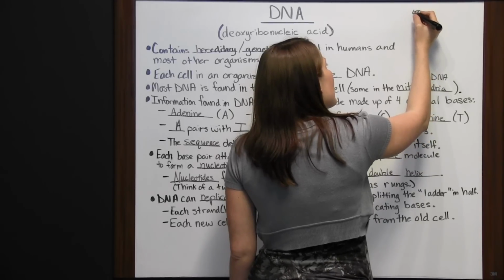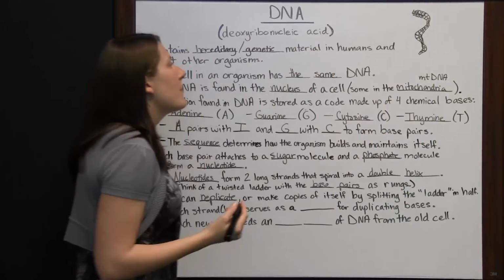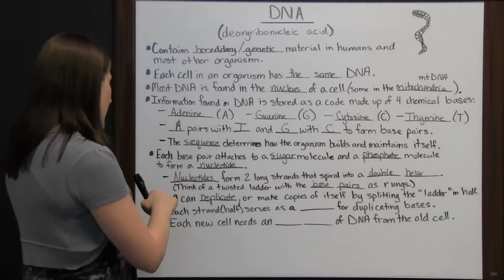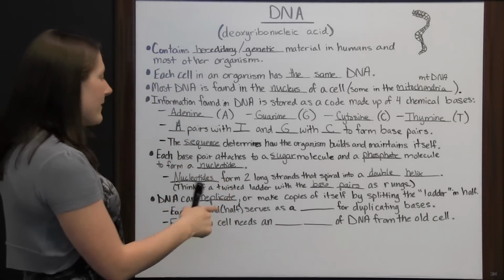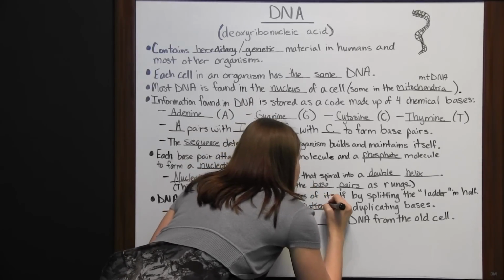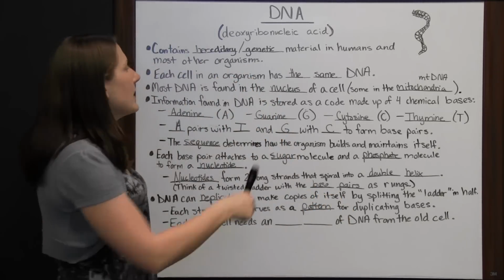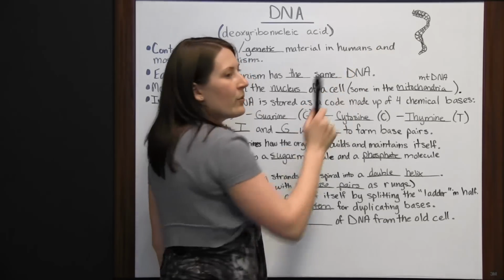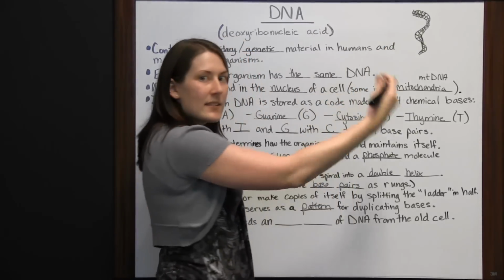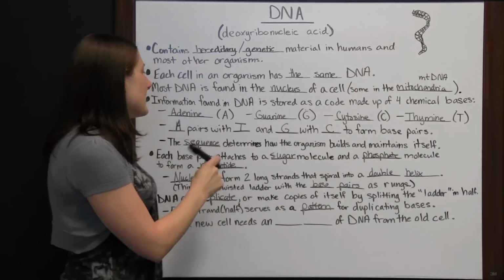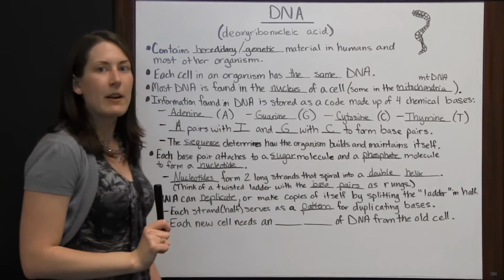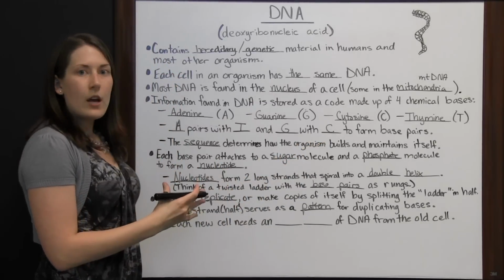So we know we've got adenine, guanine, and because we know what's on one side of the ladder, each strand, or half of that ladder, serves as a pattern for duplicating bases. Since we know we've got adenine here, the thing that has to pair with it is thymine. If we've got guanine, cytosine has to pair with it. Since in DNA, adenine and thymine always pair together and guanine and cytosine pair together,